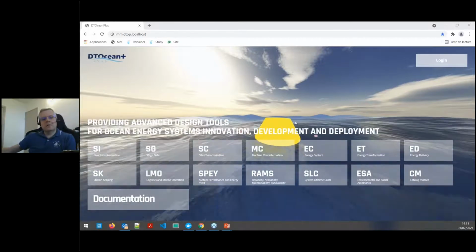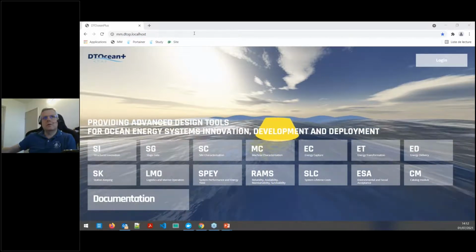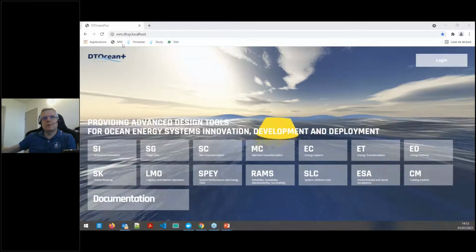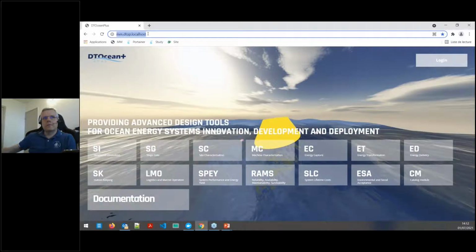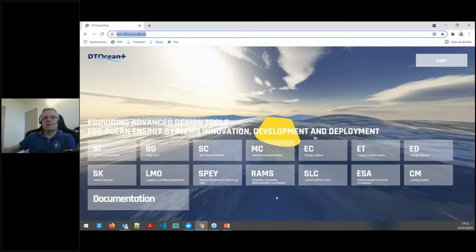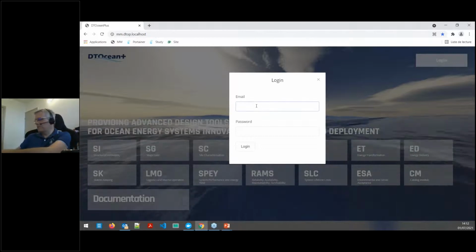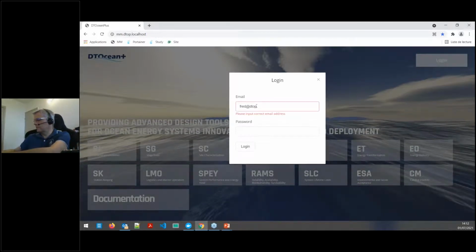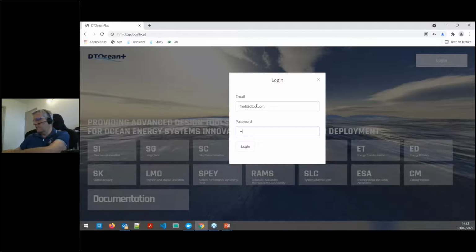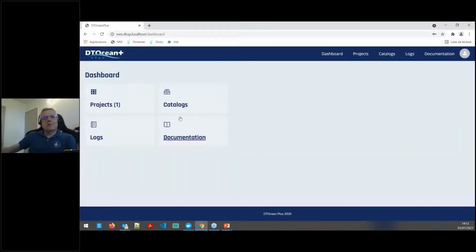So yes, as Donald explained, the main application runs in a browser. Here you can see I'm using Chrome, and by entering this URL, you will access the main application. Then you can start to log in. And when you log in, first you will arrive at the dashboard where you can access the main features